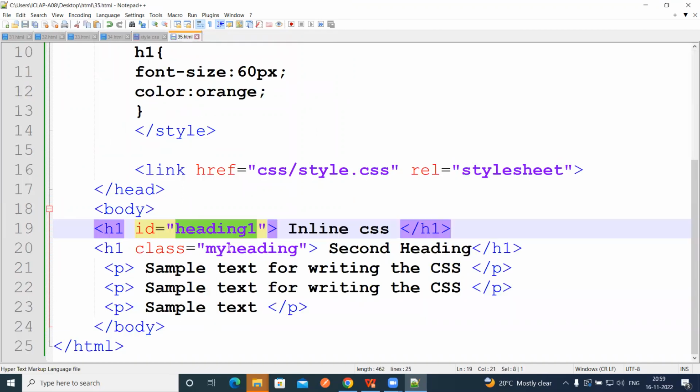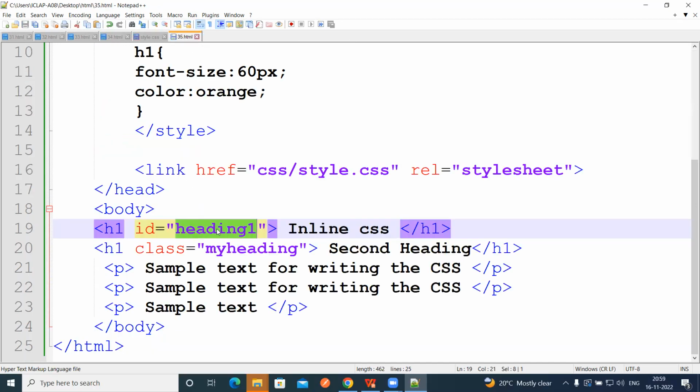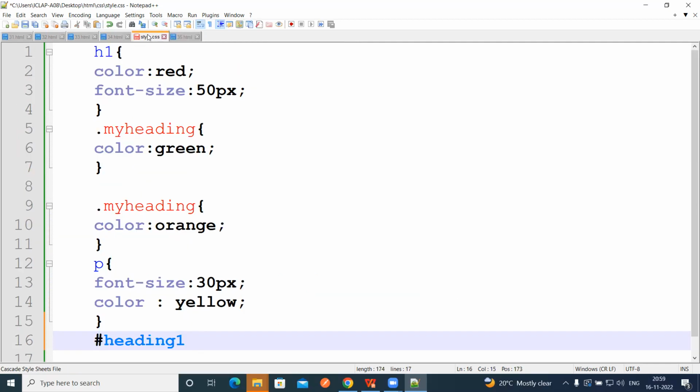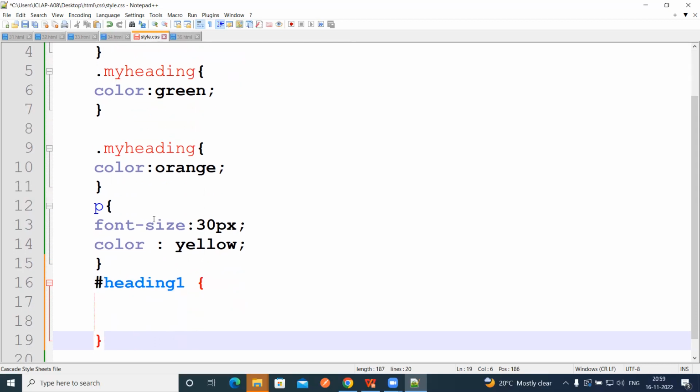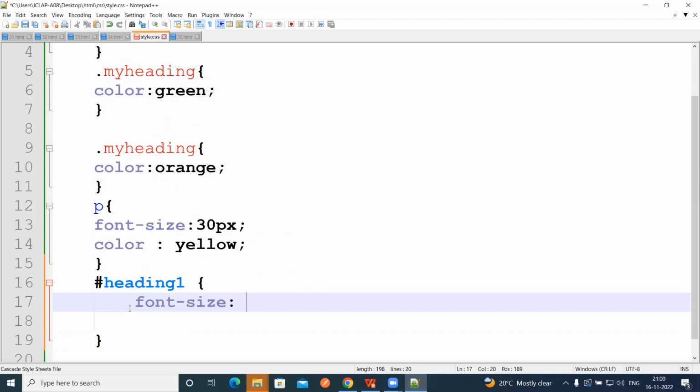So what have we taken here? ID, right? An ID selector always starts with the hash symbol, then the ID name. Whatever ID we are giving here, the same ID we take in the selector. Then open this block of code, then write the CSS: font size